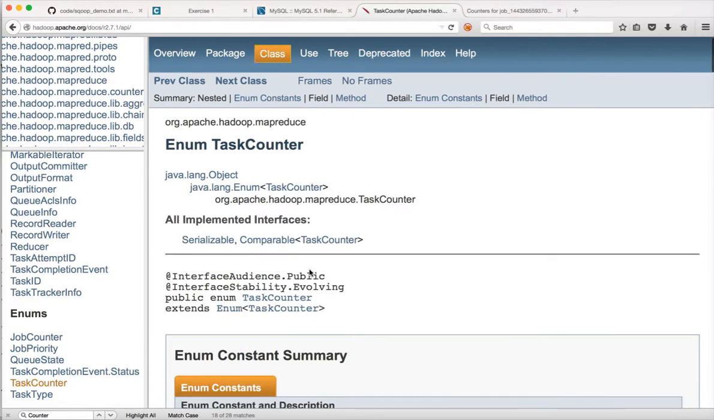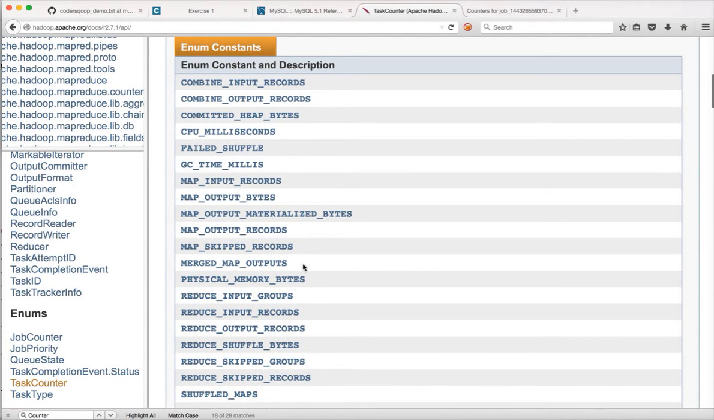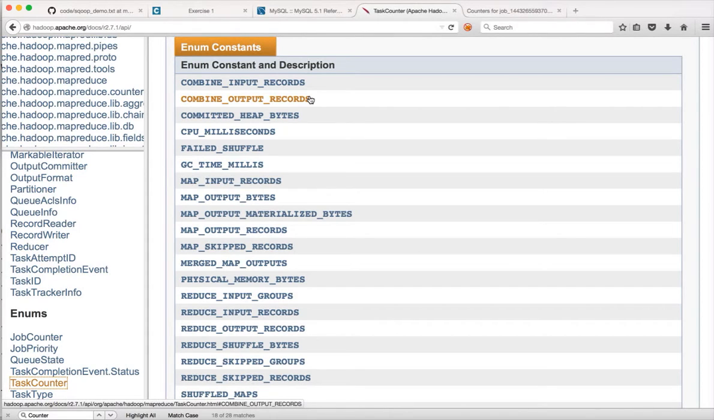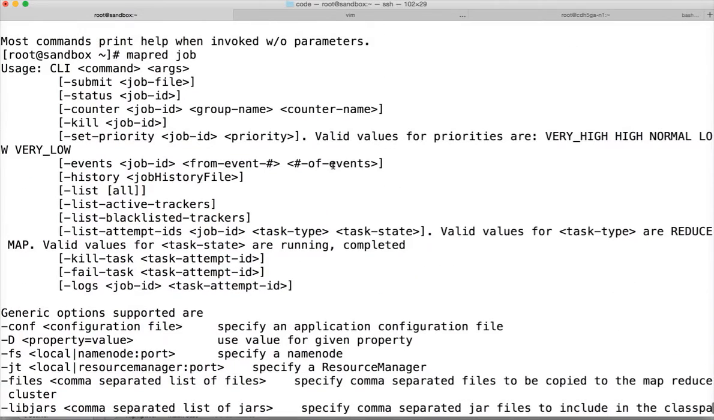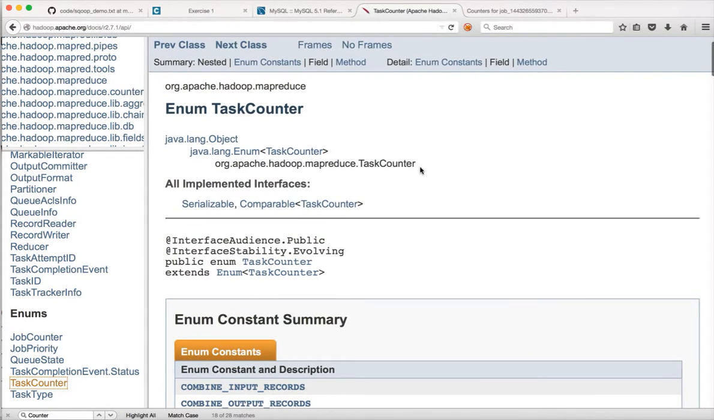And then in task counter, you can see there are a bunch of enum constants. For example, there is MAP_INPUT_RECORDS, which is map input records as part of the counters that are displayed. So we need to be familiar with the mapping between group and the enum, and the mapping between the metric and the syntax of the counter name. In this case, group name should be the enum which we want to get. So the enum is task counter,